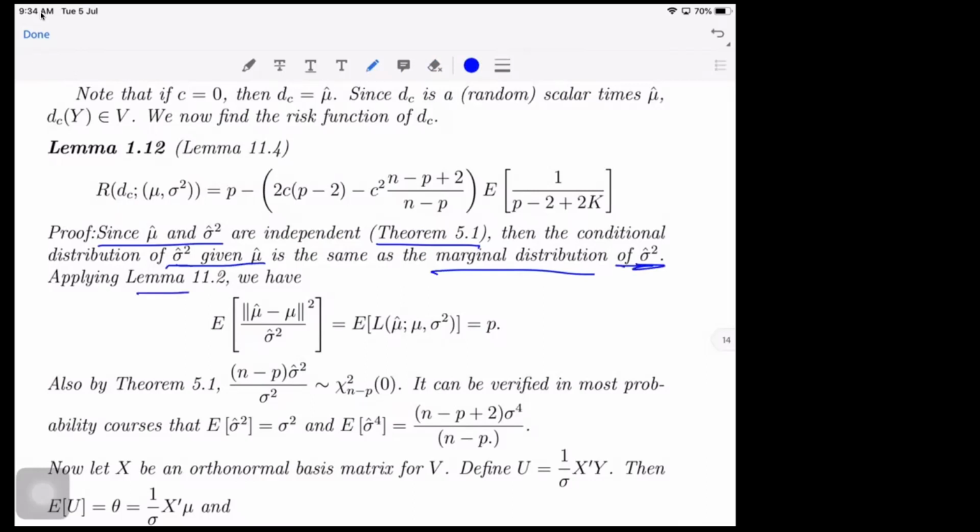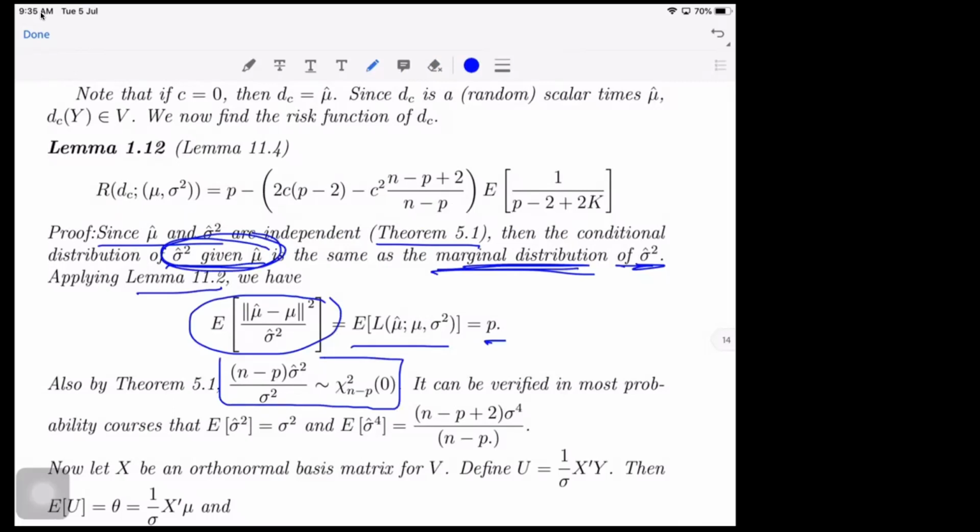So when we apply lemma 11.2, the expected loss or the risk function of this term here will be equal to, so it doesn't matter with the conditional distribution, it's just equal to the marginal distribution of sigma hat,